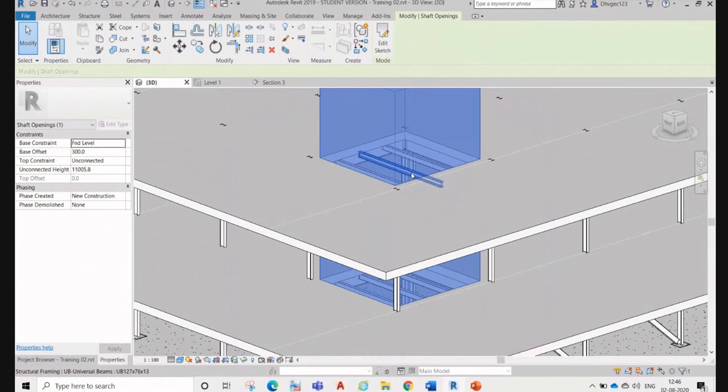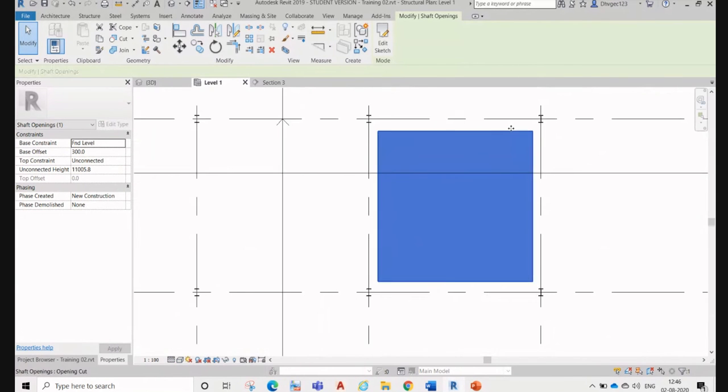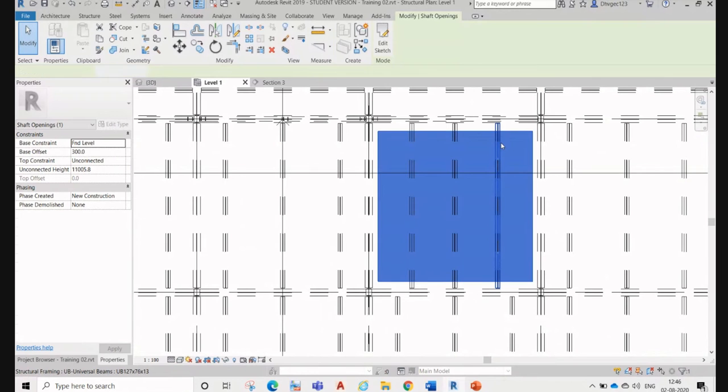Why does it not cut the beams? Because when we are going to build the soft structure or inside of that rail, or if we are going to put a staircase in this shaft, it would also cut that staircase, right? So that's why it doesn't. For that purpose we have to delete or modify our beams over here.